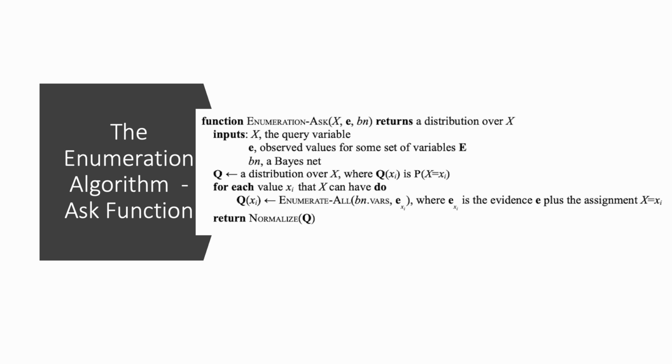The enumeration algorithm is a simple, brute force way to compute the distribution of a variable in a Bayes network. The enumeration ask function takes a variable and returns a distribution over said variable, given some evidence. It has to compute a distribution over the variable by looping through all of the possible values and computing the probability for each one. If no evidence is given, it is simply computing the probabilities for each possible value in the variable's domain. If evidence has been given, then the multiplication law of probability is used.